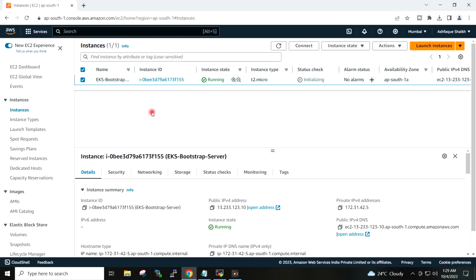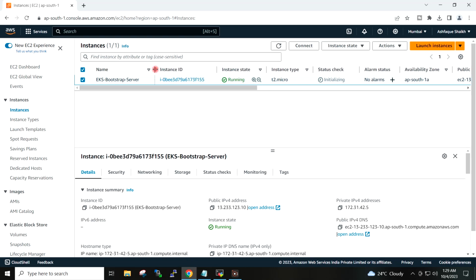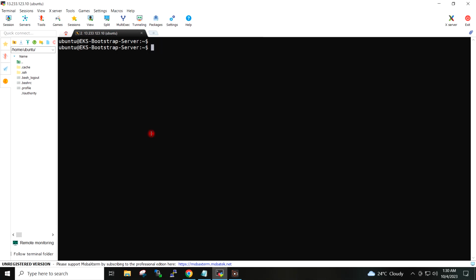On the AWS console, I have created one Ubuntu T2 micro server and I have accessed it from my local system, and I have renamed it EKS Bootstrap server. So first of all, I will install the AWS CLI in this server. So I will first go to root